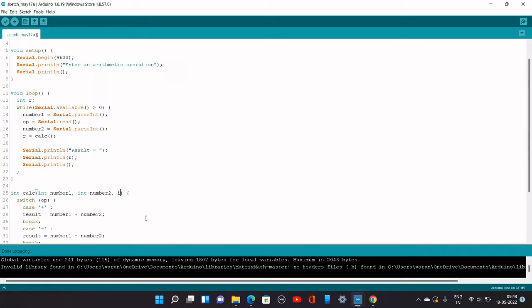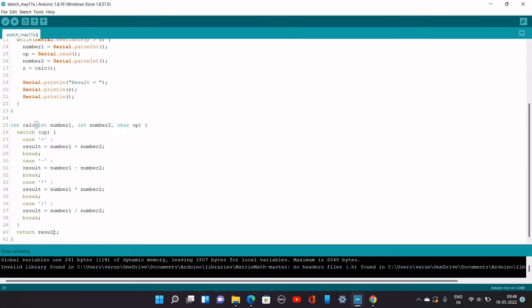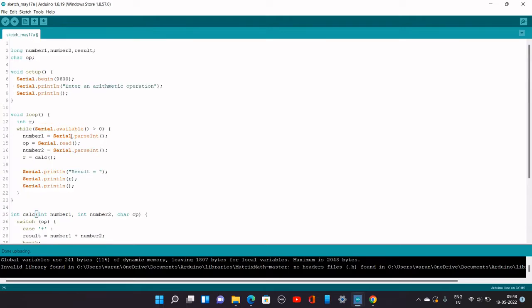It is not int, it is a character. So we will be giving the character op as the input, and it will be returning an integer value result. So how are we going to call this function now? So there are three parameters here which we need to pass to the function, and here we have to